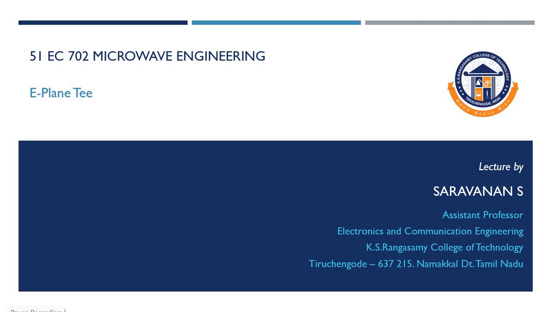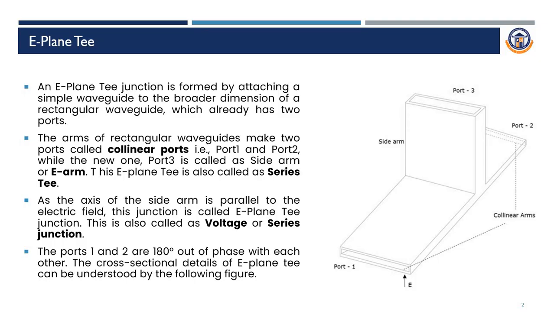Good morning. Today we are going to see about E-plane tee and the different types of tees available in microwave devices. E-plane tee. An E-plane T junction is formed by attaching a simple waveguide to the broader dimension of a rectangular